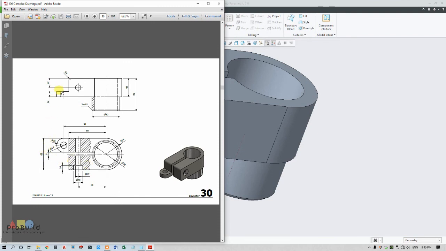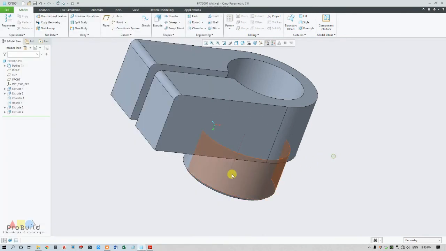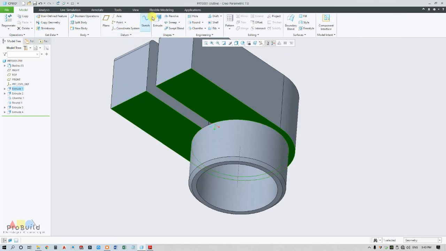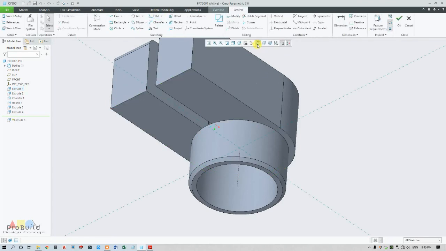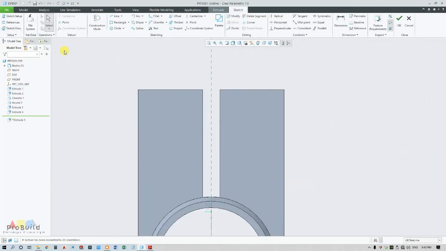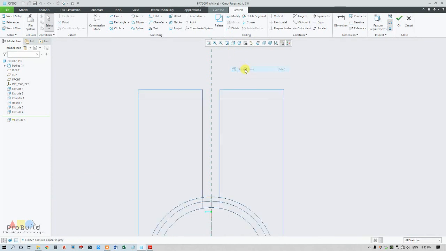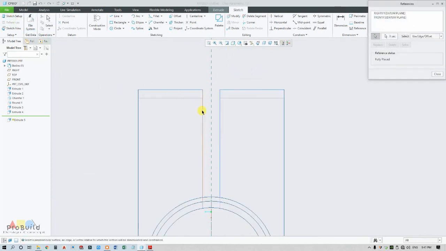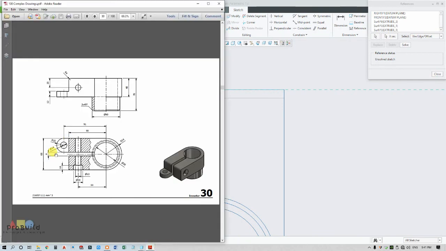Now I'm going to put one slot here. Select this surface, go for extrude, change this view to hidden line and put this reference. Now collect the data. Here you can find this is R15, and from here this is 91 offset, and the inside hole is 14 dia and it is extruded to 12.